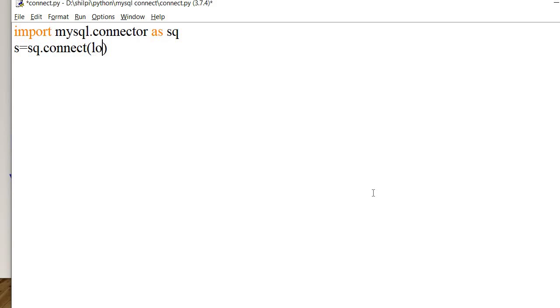So first of all, how are we going to write it? Suppose s is first, I'll write it and then I'll explain each and everything. sq.connect, and then host is equal to localhost, then user is equal to root, then database is equal to Shilpi.